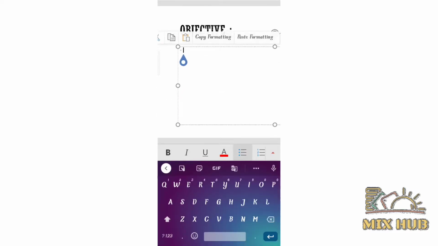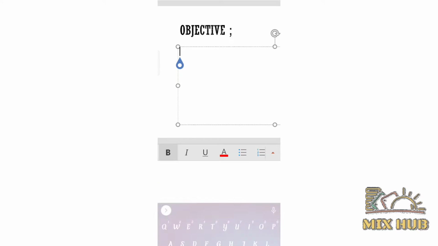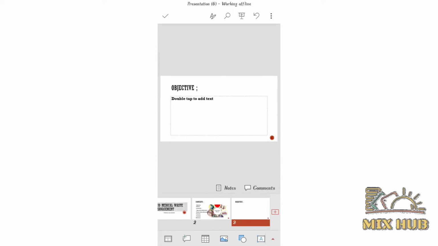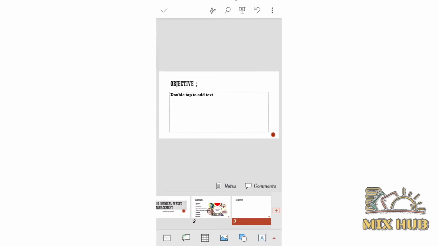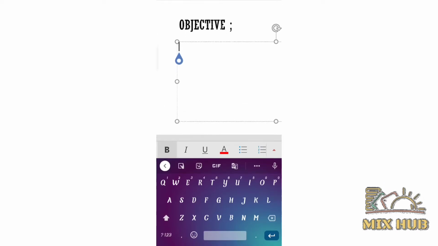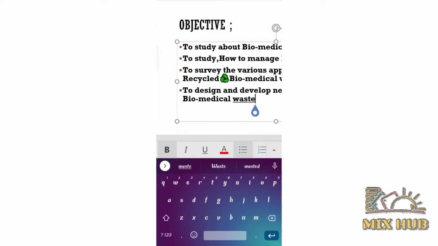As I said before in the last video, we discussed how to install it and how to link your account with Microsoft PowerPoint. In this, I will tell you in detail about Microsoft PowerPoint and how to make a presentation. In this objectives slide, you have to enter the main theme of your presentation.